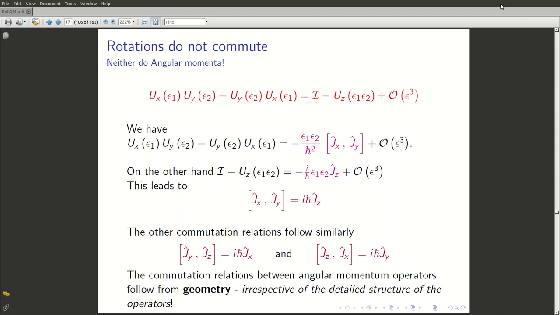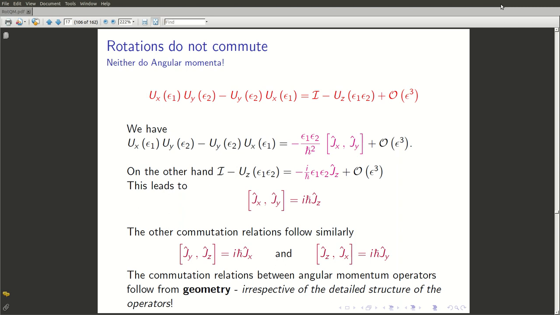As we have seen, the commutation relation between the various components of the angular momentum operators relevant to a quantum mechanical system depends solely on the geometry of rotations. So it does not matter whether you have orbital angular momentum or spin angular momentum or some other version of angular momentum. The commutator of Jx and Jy is always i h bar times Jz, and the other commutation relations